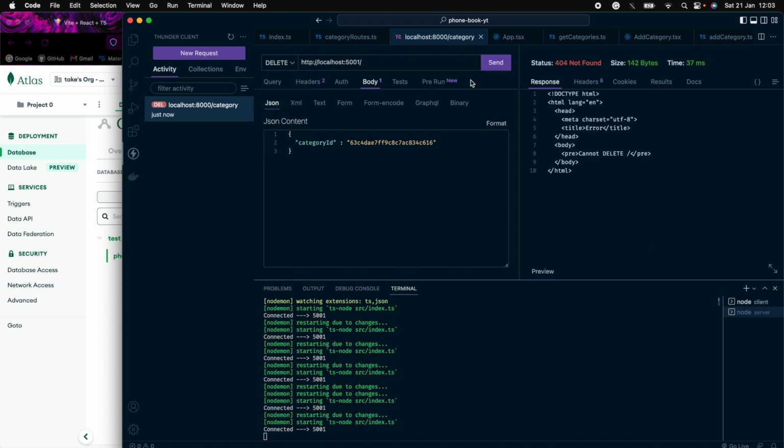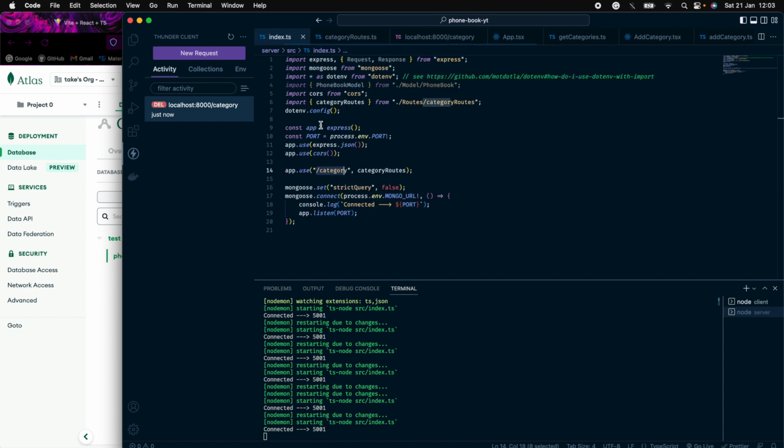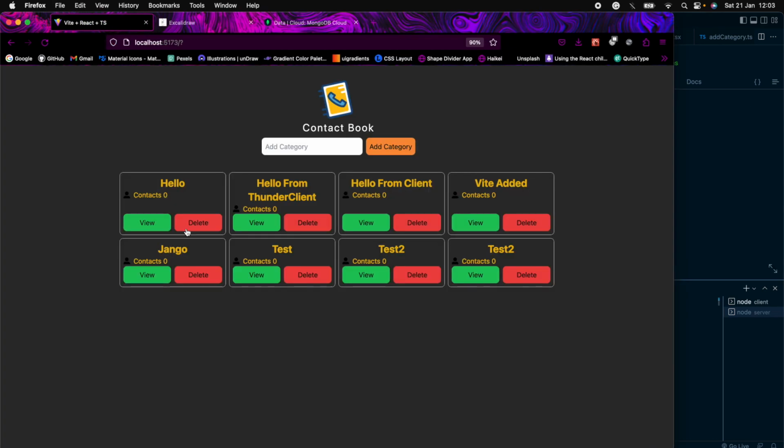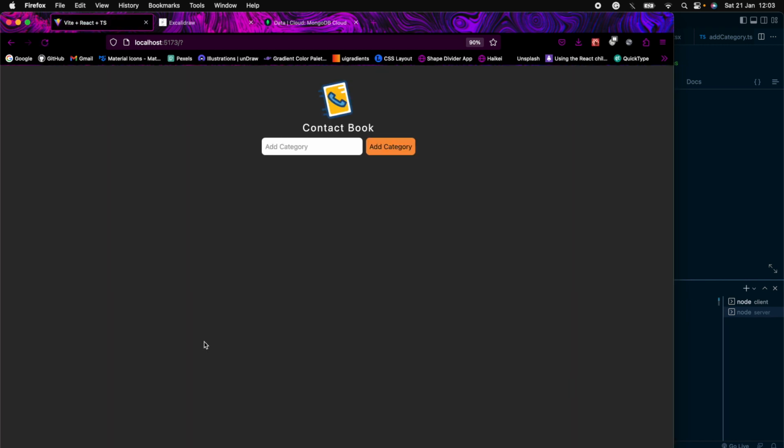click. Okay, I got an error. Let's see what the error has. 404 not found. Okay, it's 5001 and it's under /category. As you can see here, you'll have to go to that route, /category/, and I send it. Okay, I got the data here. If I go back to my client and refresh this,